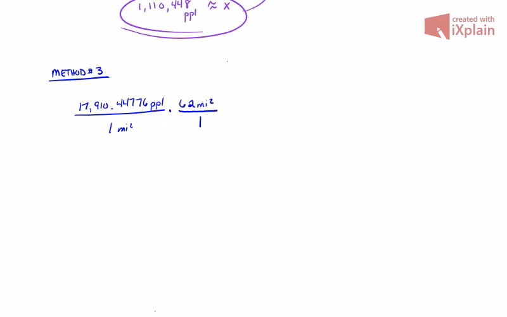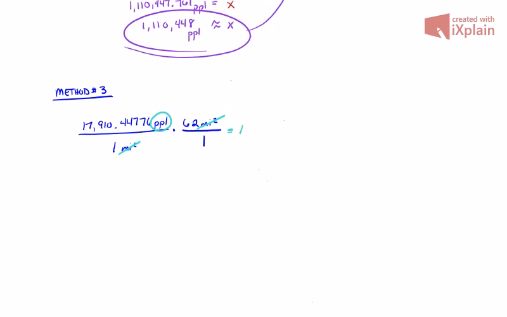So I'm creating a population density. Notice that I chose to put the 62 square miles on top here so that the square miles will cancel out. And take a look and see what unit I have left over. It's people, which is exactly what I'm trying to figure out. I'm trying to figure out how many people I need to live in Tacoma to match New York's population density. So if we were to multiply this out, we shouldn't be surprised that we are going to get the same number,